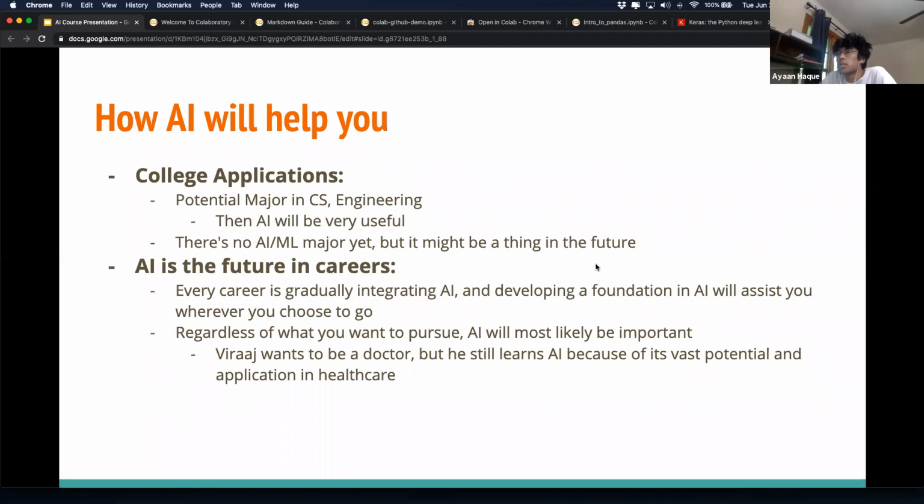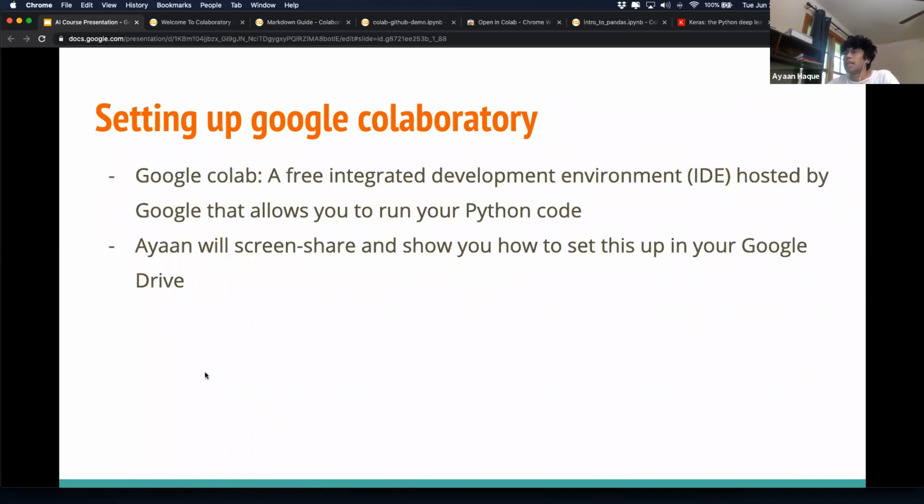Yeah, so I'm sure all of you have some sort of interest in coding, some sort of experience, or at least you're interested. If you're interested in anything in STEM, you're really going to have to understand how AI works at a really basic level, because AI can go into any STEM field, not just CS or engineering. That's why it's super important, and I'm sure you know that because you're here. But let's get started into the technical stuff.